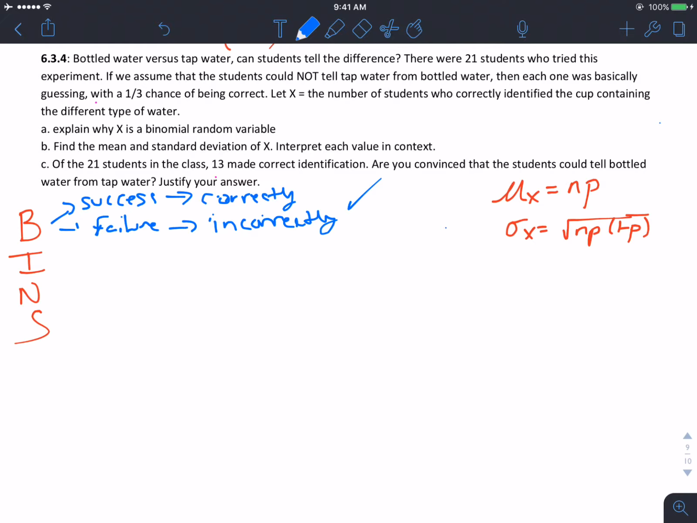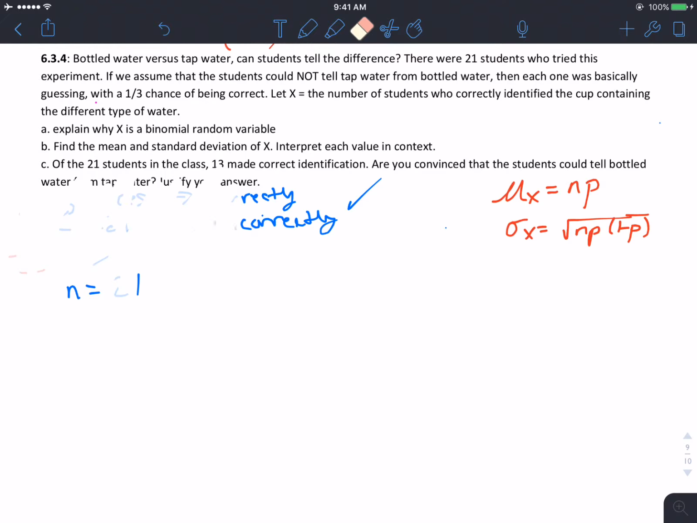The second part is independence. One student's result shouldn't tell us anything about the next student's result. So I'm definitely going to give that a check for independence. The number is 21 students. And then what's my success rate? It is 1/3. Therefore, since it's 1/3, sure enough, this is indeed a